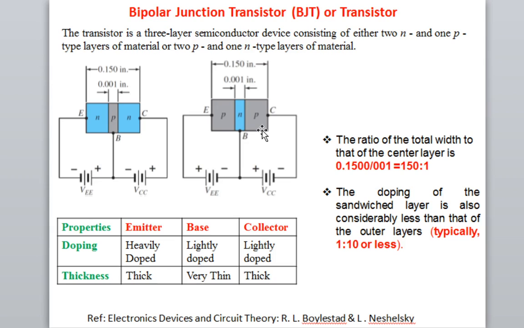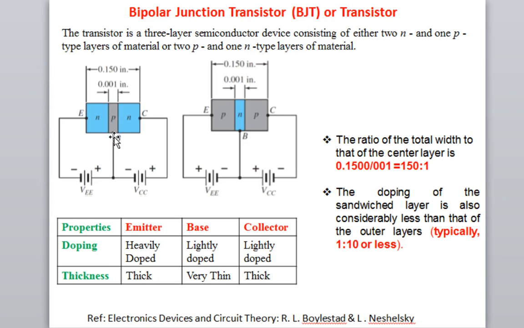In any transistor, whether it is PNP or NPN, if you see the first layer on the left hand side, I have shown a cross sectional view actually, this one is always called the emitter. Here the emitter is made from N, but in case of PNP it is made from P. So the left one in the cross sectional view is always called the emitter, and the middle layer, which is sandwiched between the two outer layers, is called the base.